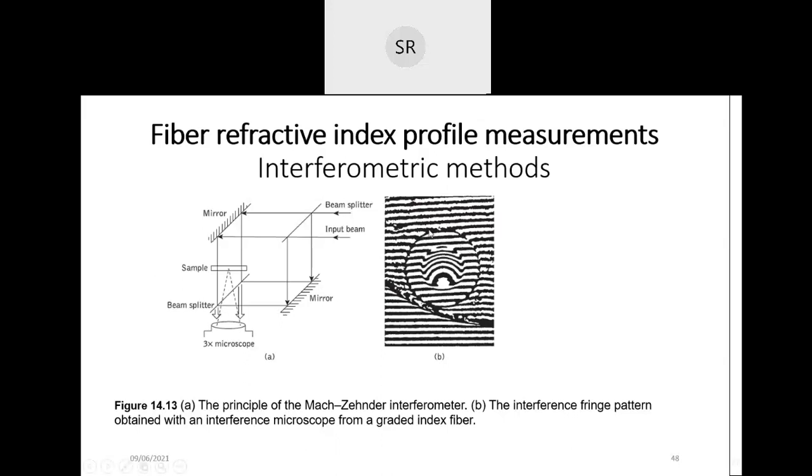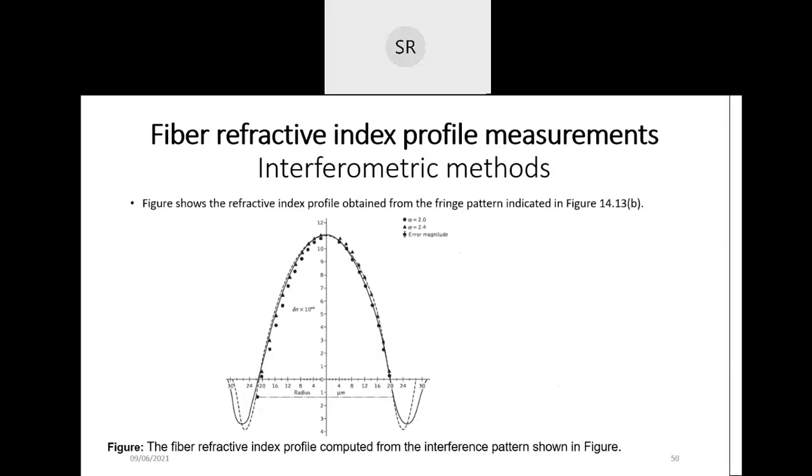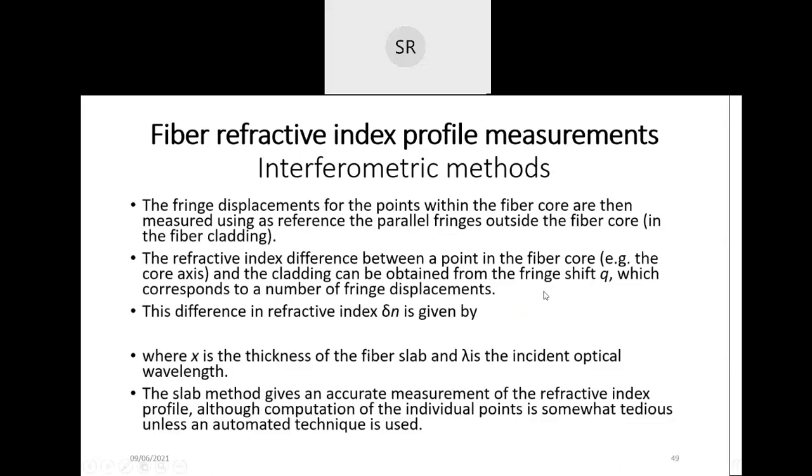I can see that this is the core of an optical fiber, and inside the core of the optical fiber, these are the various points on the fringe pattern for this core, and outside this is the fringe pattern of the cladding. Now the variation or shift in that fringe can be measured in terms of q, and that variation is the displacement that occurs in those fringes. So we can calculate that displacement, the fringe shift, which is q, and